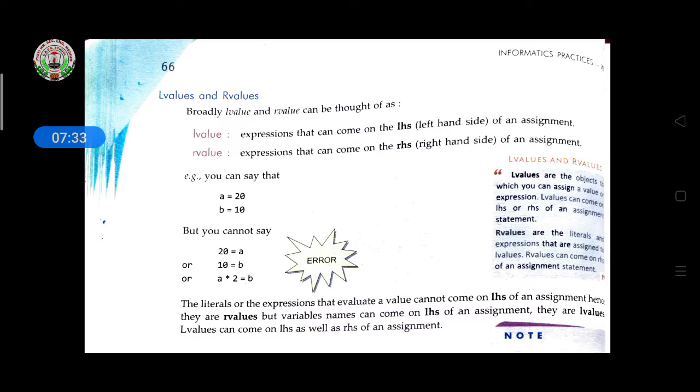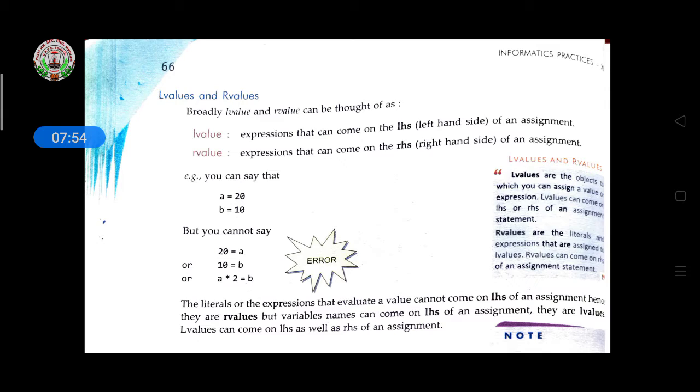For example, it is given here, A equal to 20 and B equal to 10. But you cannot say 20 equal to A, 10 equal to B, or A asterisk 2 equal to B. This will show an error. So L values are the objects to which you can assign a value or expression.